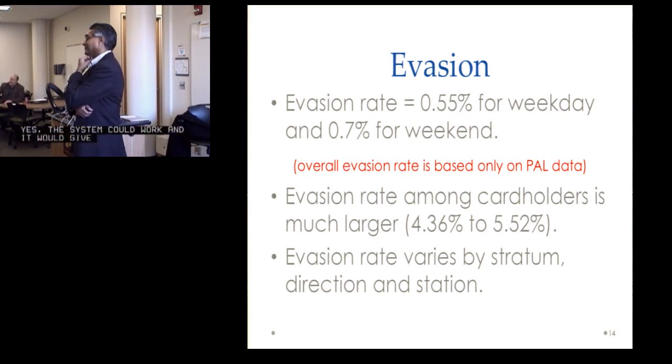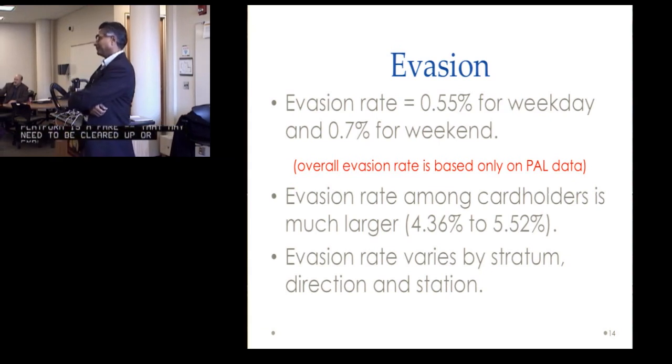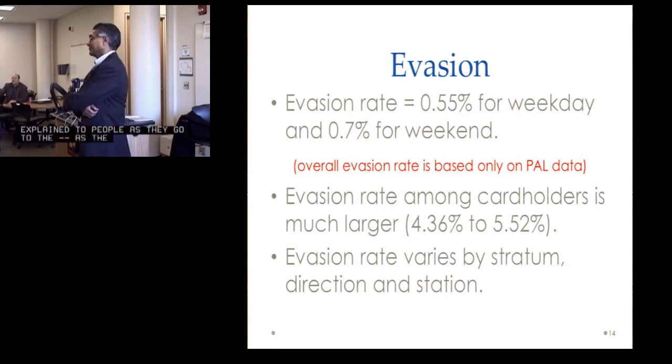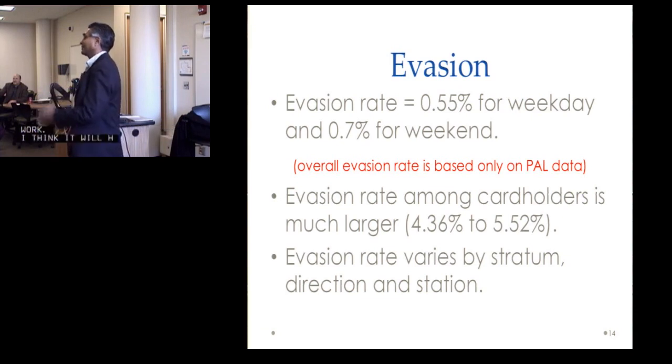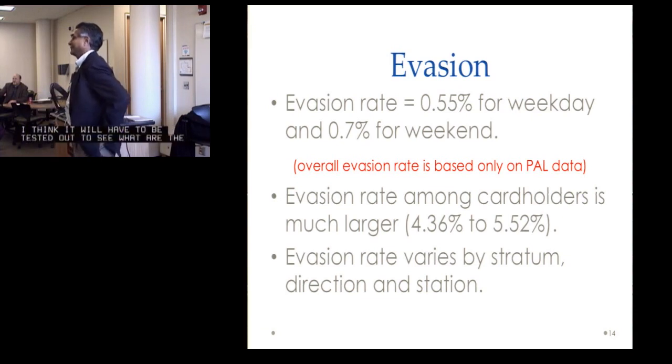I don't think the public knows that being on the platform is a fare zone. I think that may need to be cleared up or explained to people as they enter the LRT. Perhaps this might still work. I think it'll have to be tested out to see what the pros and cons of doing this are. So what's the experience in Italy? How many people actually use it on the train versus